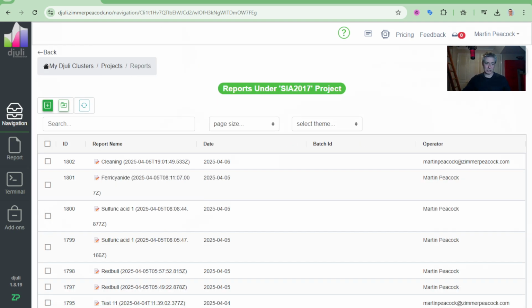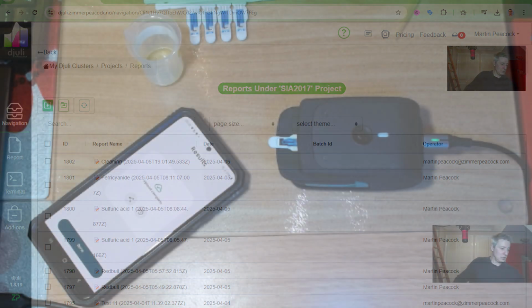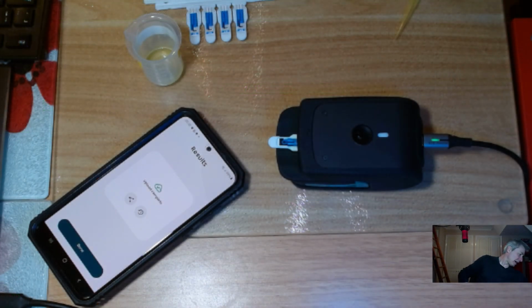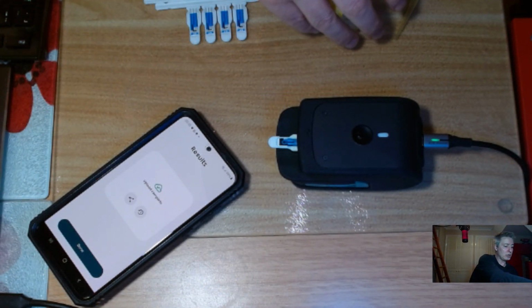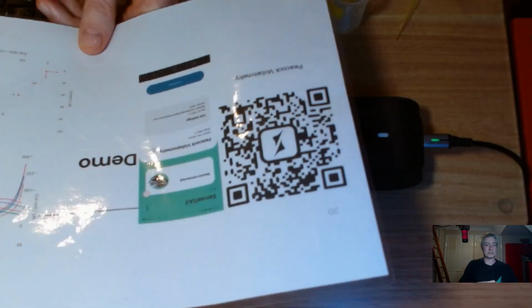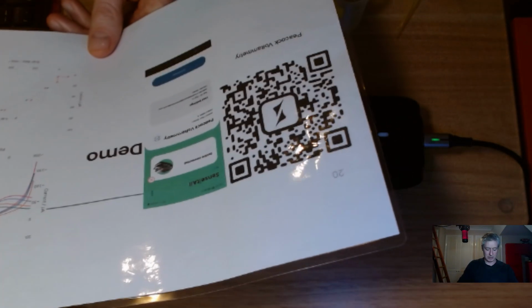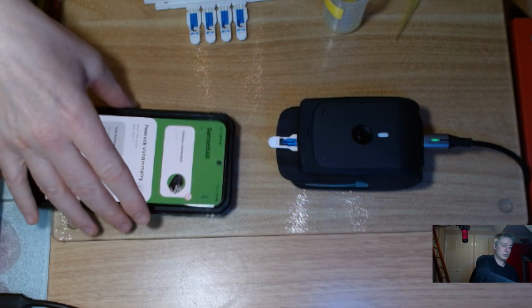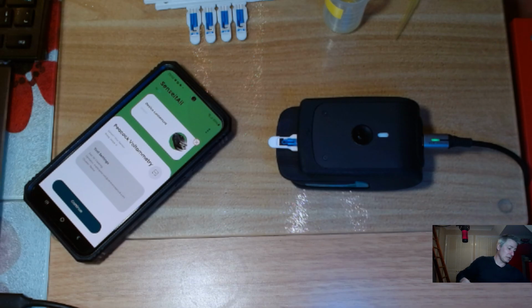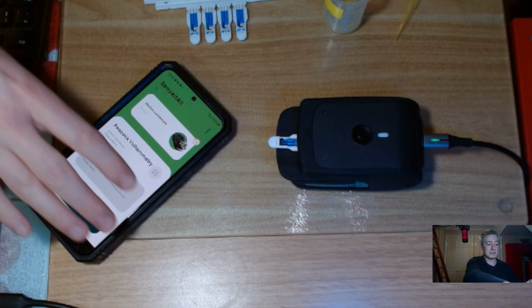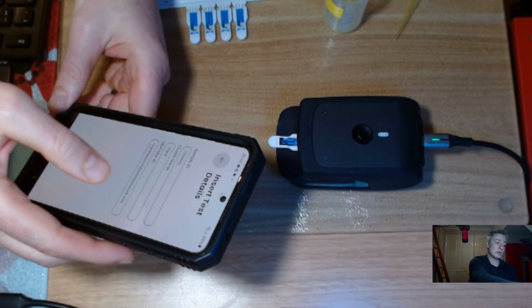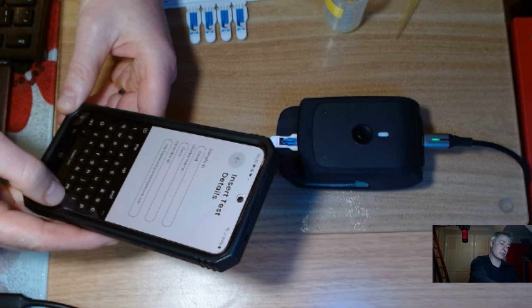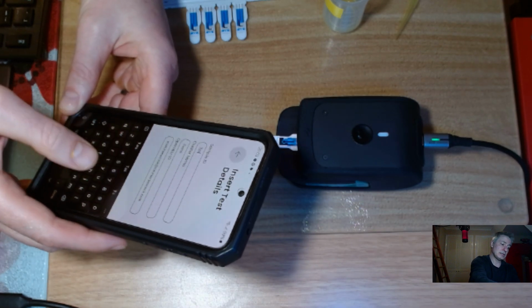So let me just go to here. Now I want to save myself a lot of effort. So in fact, I have actually prepared a QR code for this. This is one of the beauties of this particular style of potentiostat. I've scanned this QR code. So what this now does is it programs me to do those experiments automatically. But I want to give it a name, so I want to be able to find this. So I'll put it testing